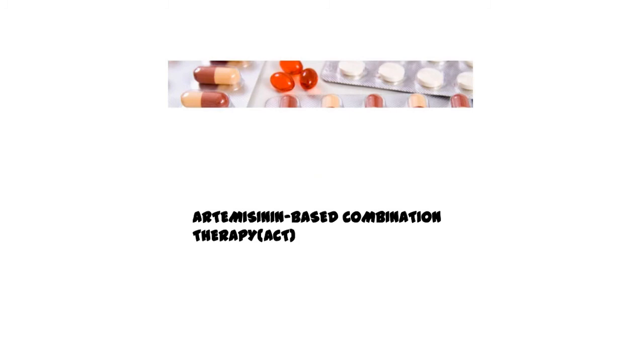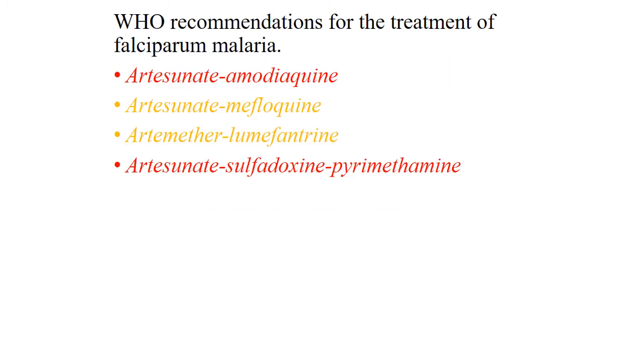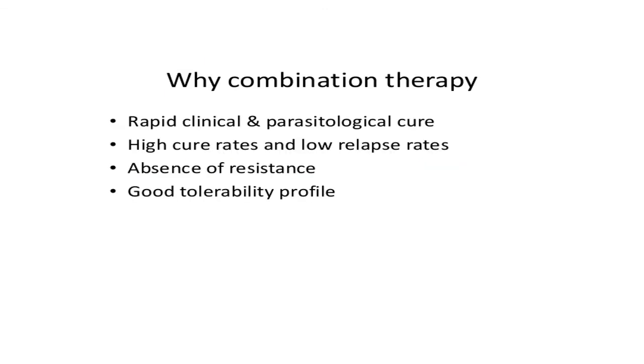Now the artemisinin-based combination therapy. WHO recommends for the treatment of falciparum malaria combination therapy like artesunate and amodiaquine, artesunate and mefloquine, artemether and lumefantrine, and artesunate and sulfadoxine-pyrimethamine. Why combination therapy? Rapid clinical and parasitological cure, high cure rates and low relapse rate, absence of resistance